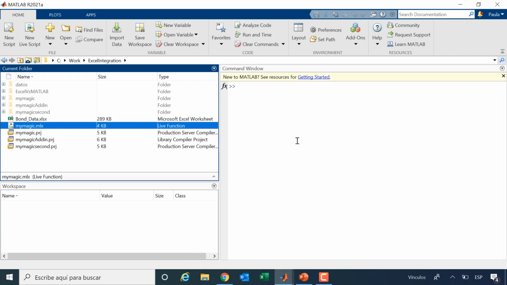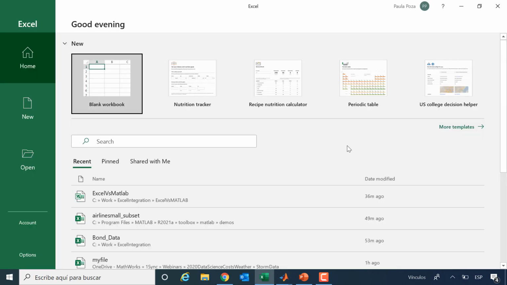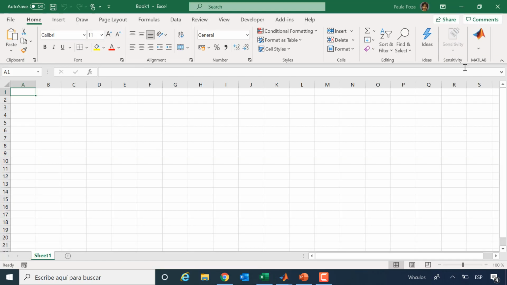Okay, so we go back to MATLAB. Okay, we've been using this example with Excel to see how to communicate between Excel and MATLAB. I showed you before when I opened my spreadsheet that I had this icon, and I told you that I will show you how to make the icon appear for those of you who haven't installed Spreadsheet Link yet.